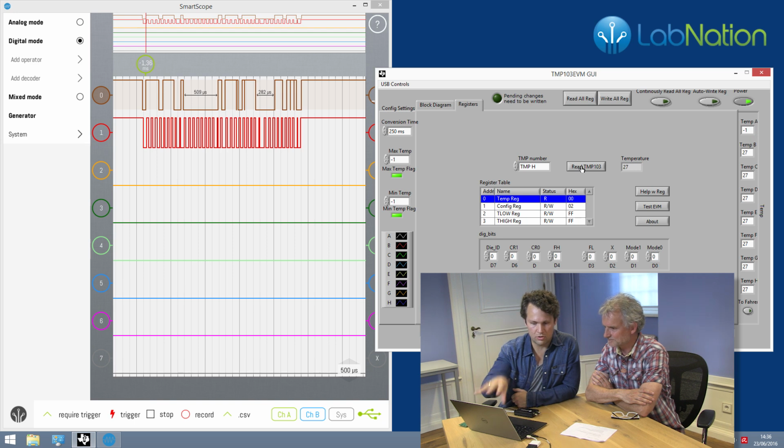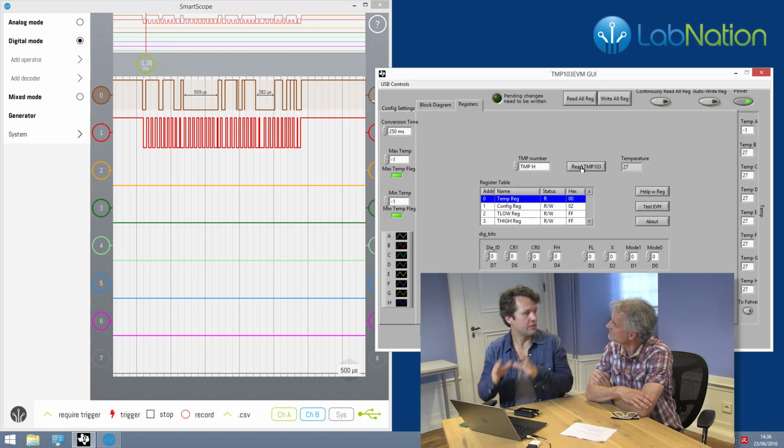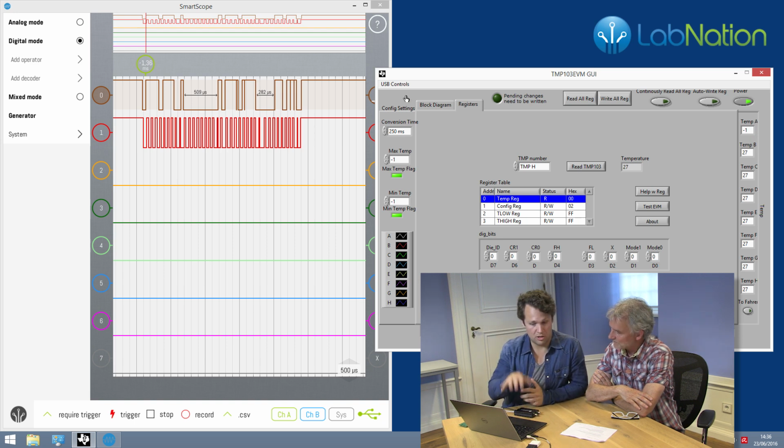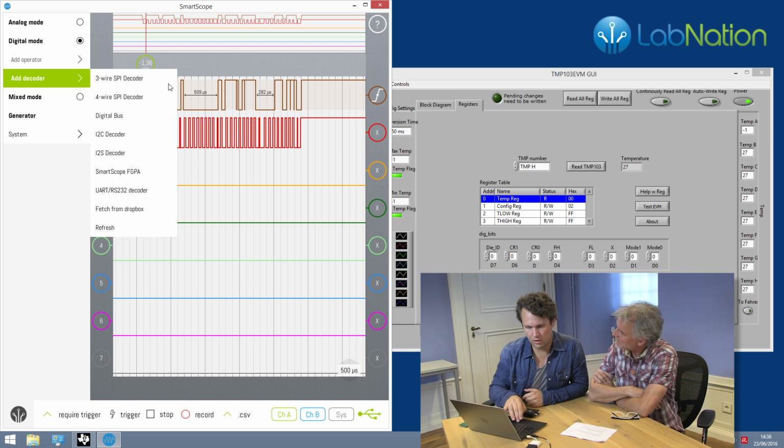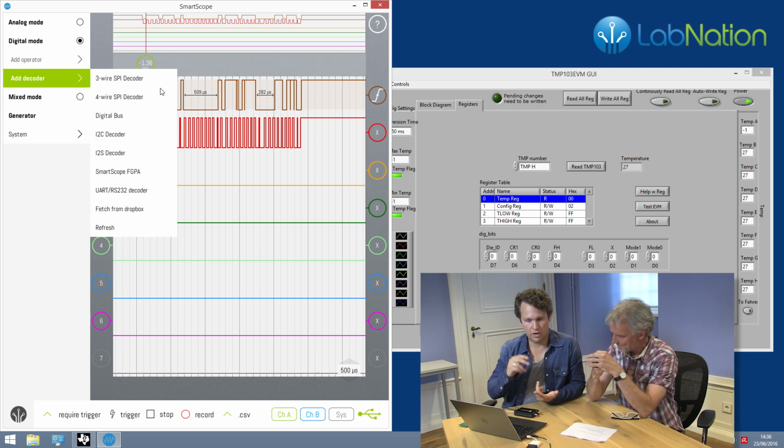So you see actually the 2 data streams on your screen, and now you can start counting edges and see which bit is high, which is low, and you can try to decode the I2C. But the SmartScope software also contains a couple of decoders of the most standard protocols. Everything comes for free included, of course. Yeah. Can you mention a few protocols? Yes, let me see what we have. So we have I2C. Yes, we have SPI 3 and 4 wire. You have I2C, I2S, UART, and